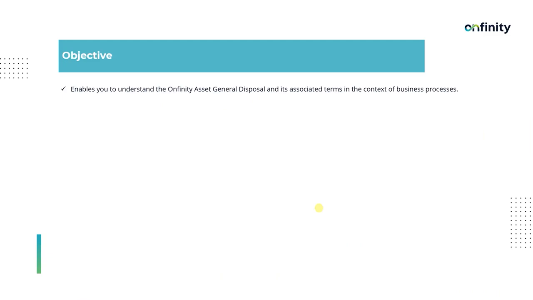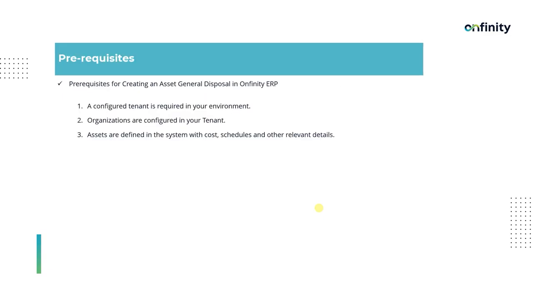The objective enables you to understand the Onfinity Asset General Disposal and its associated terms in the context of business processes. The prerequisites for creating an Asset General Disposal in Onfinity ERP include having a configured tenant in your environment. Organizations must be configured in your tenant, and assets should be defined in the system with costs, schedules, and other